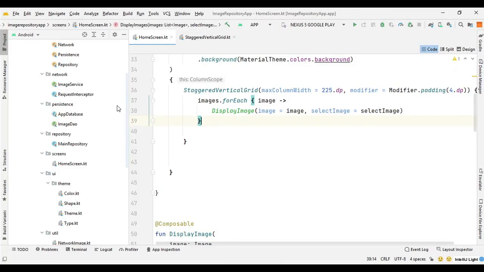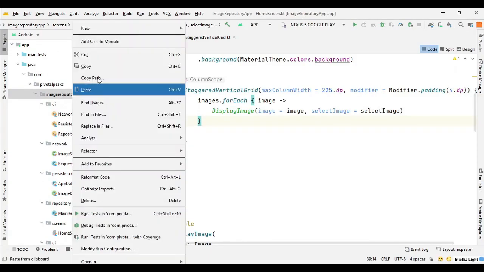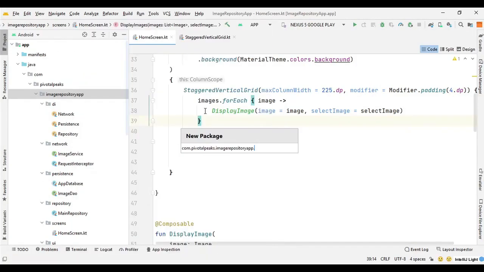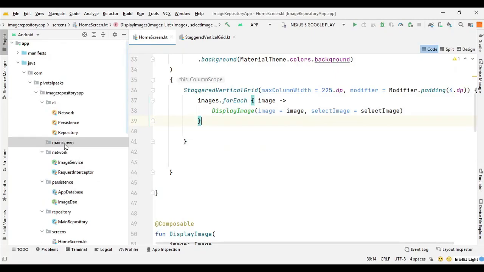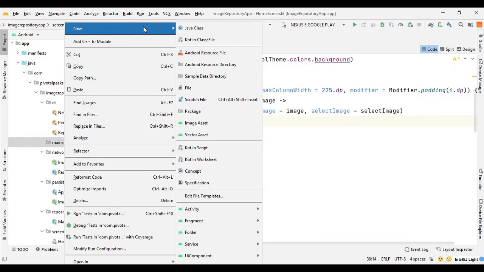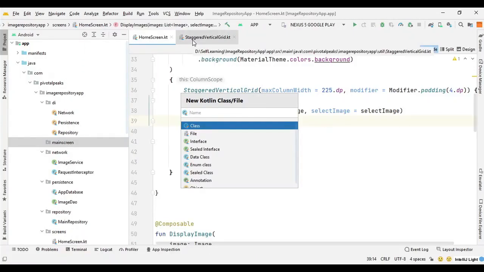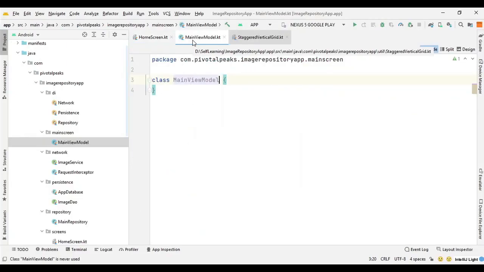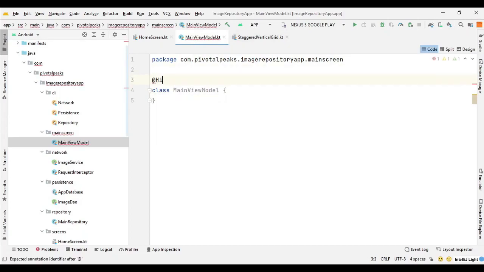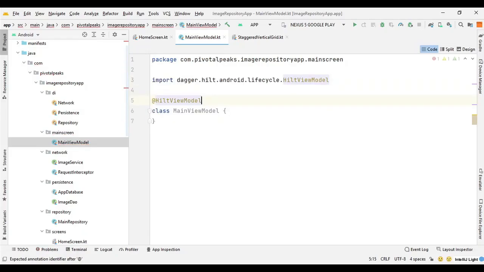So let's first create a package for the main screen. So package, we can say main screen, and here goes our view model. So we can say class main view model. We need to annotate it with at hilt view model because it's a hilt app. If it was not a hilt app, we would just annotate with view model.